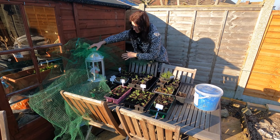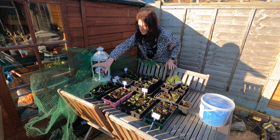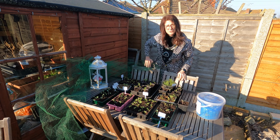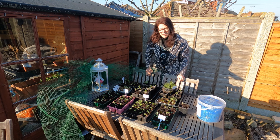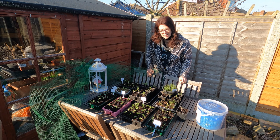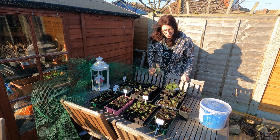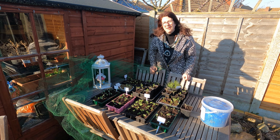like so. So the reason you bring them outside on a warm day is, one, to get them used to being outside, and two, they grow so much better when they've got natural light on them. When they're in my conservatory, it's double glazed window panes and they just are not going to grow. They get leggy, they lose their colour, they die off, it's just not good for them. So today's been a really nice day, although now the wind is starting to get up, so I'm going to